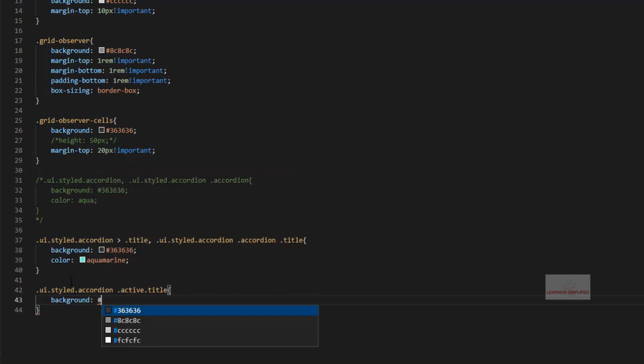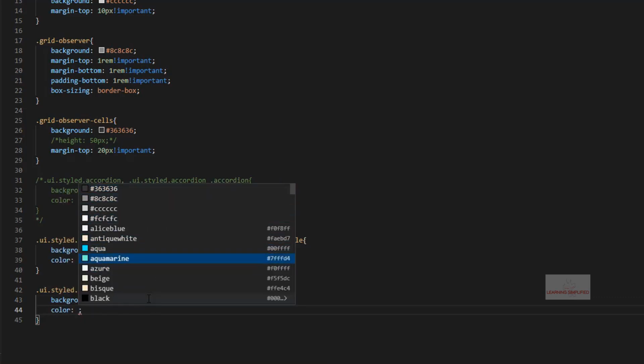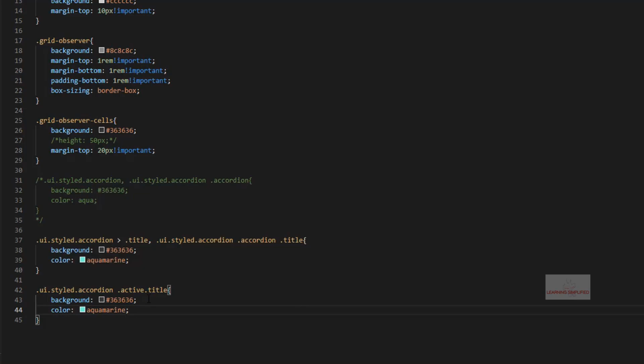Background, here it goes, and the color will be aquamarine. So we can see that these stylizing properties are the same,